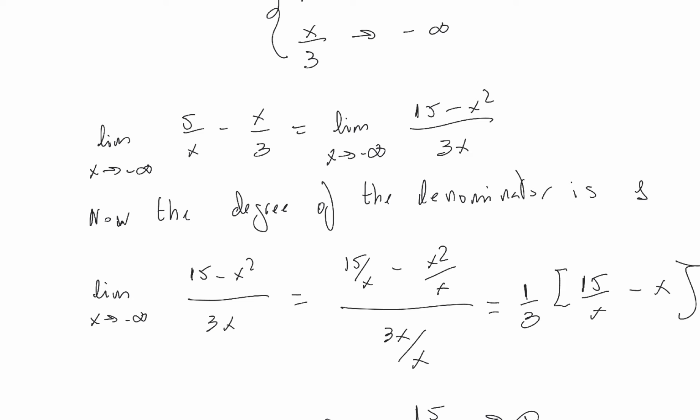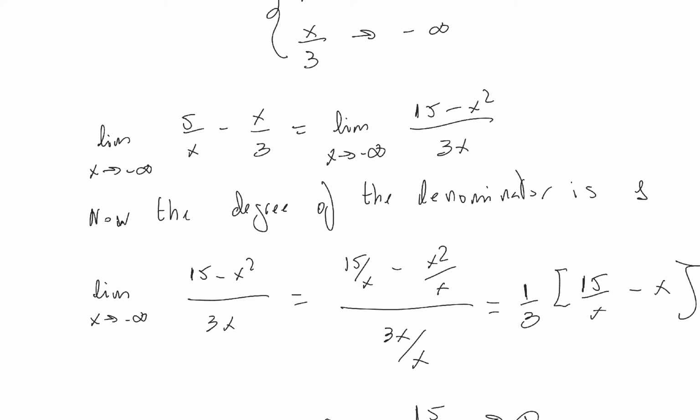It will be (15 − x²)... this by this, minus this by this, divided by 3x. So this by this, minus this by this, x squared divided by 3x. So this is the limit that we have to do when x goes to minus infinity. Now we do the limit, we can divide now